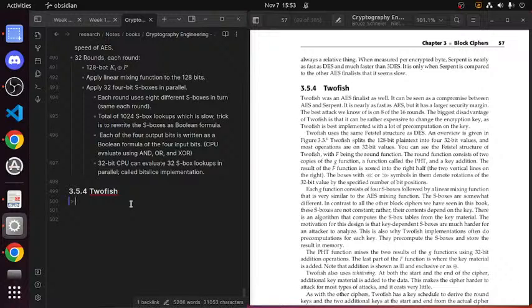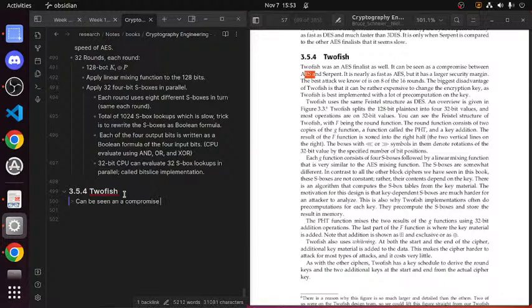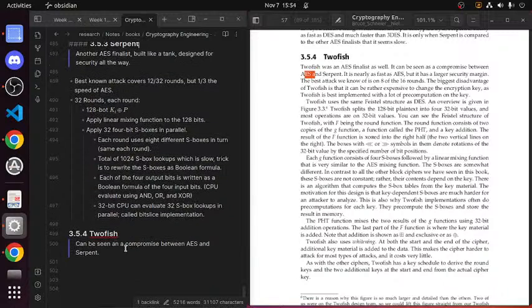So Twofish was an AES finalist as well. It can be seen as a compromise between AES and Serpent. I want to start using tags, which I've talked about already, to be able to start linking between my documents.